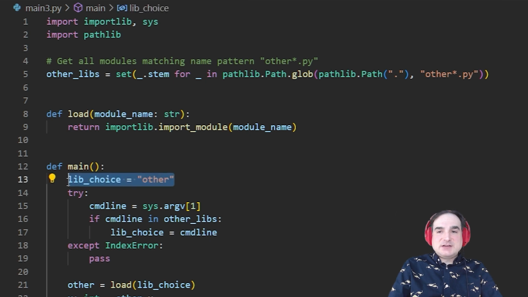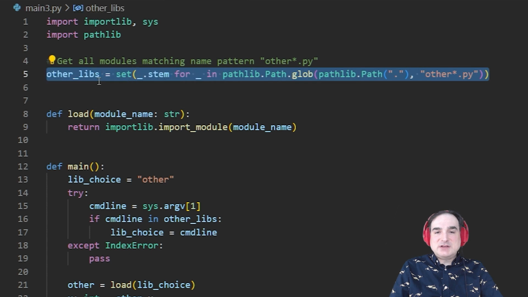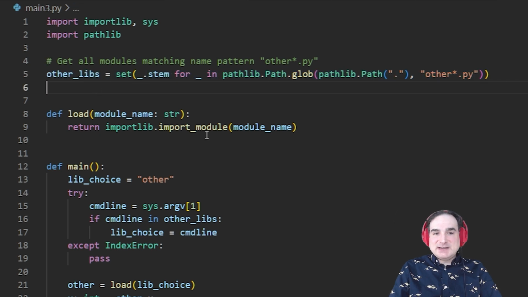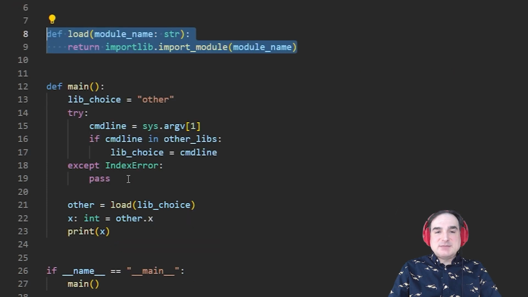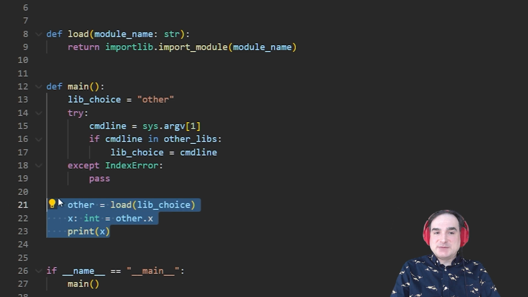So in the code for this example, first thing I'm going to do is create a set of all the names of the modules in the directory that match a certain wildcard, other and other2, so that I can compare the user's input against them as a way of verifying that I'm loading something that exists. This is strictly for my own sake. Next, I've got the import mechanism, which I've got wrapped up in a function. And then in the main body of the program, I process the first user-supplied argument at the command line, assuming there is one, and I load the appropriate library based on that input.